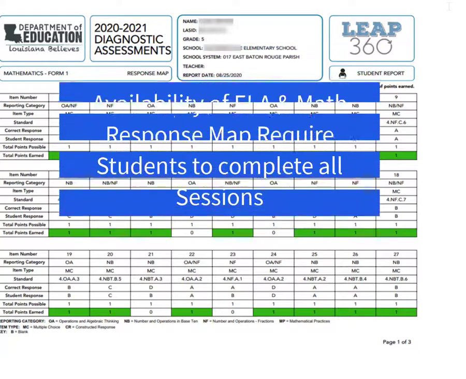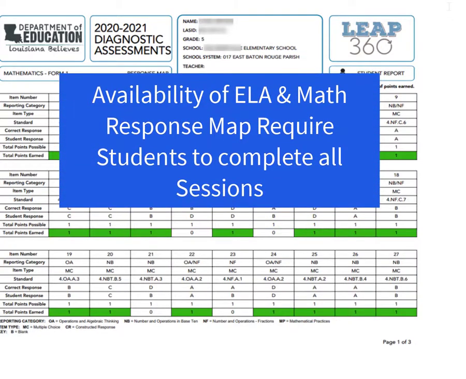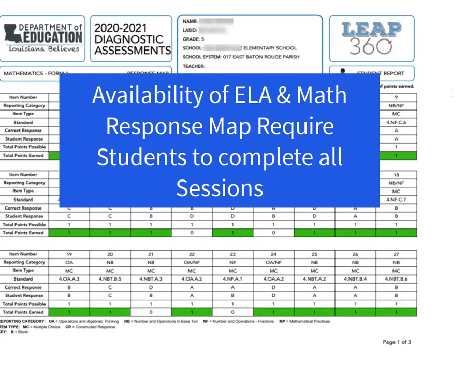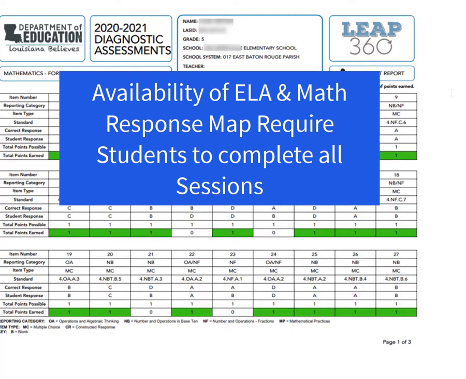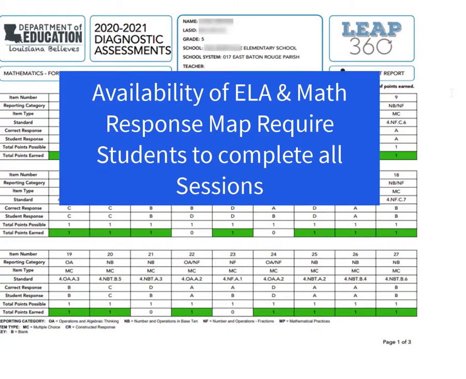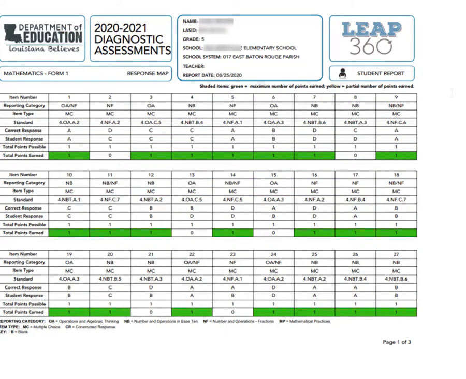So keep in mind that there will be situations where either one or both will be available. It may be a situation where none of the reports are available. And that means that the student has not completed all sessions of the test. So in order for you to have a student response map, the student must complete all